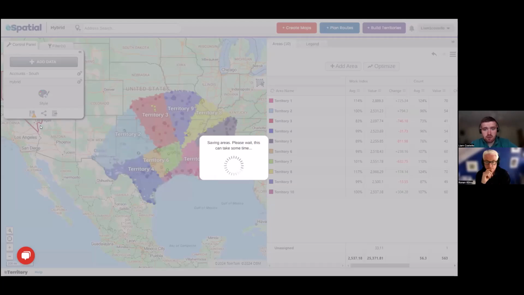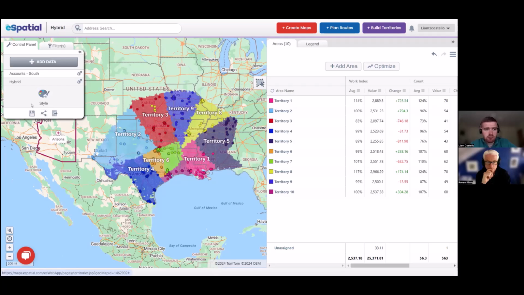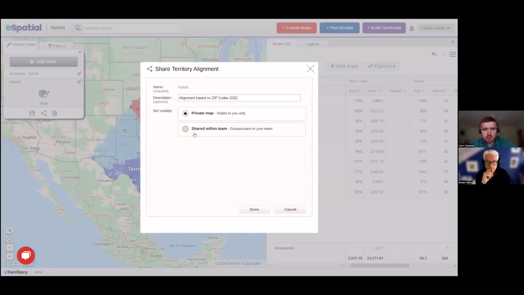Yeah, so let's say if you're happy with how this alignment looks, or proposed alignment, you can share it to relevant key stakeholders. So you can share it to a specific user or a team of users, and then you can set the permission if you wanted them to make any changes. So you can have a live map between everyone. So at least everyone would have a view of what it would look like before putting it into production. Similar to using the comparison tool, it gives you that intelligence-backed decision making. So before anything goes live, you can see, okay, this will work, or no, we need to change this. So at least you're not doing anything based off gut feeling.